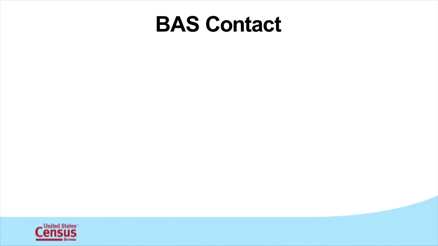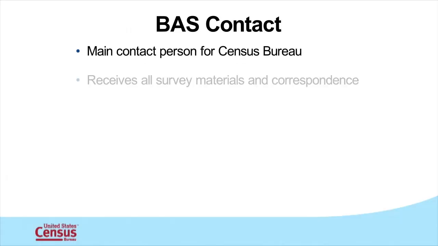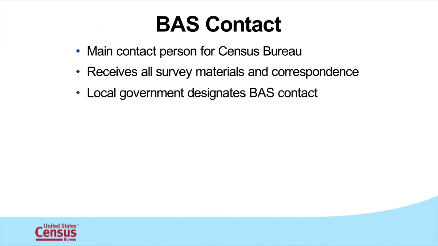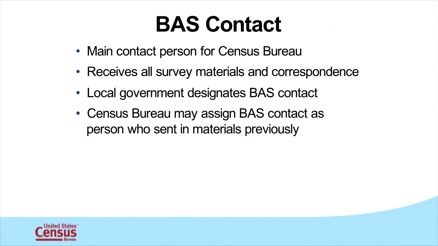How does the Census Bureau determine the BAS contact? The BAS contact is the main point of contact in their government who receives all survey materials and correspondence from the Census Bureau. In most cases, the local government designates a BAS contact and sends this person's information to the Census Bureau. If not, the Census Bureau will assign the employee who responded to the BAS in previous years as